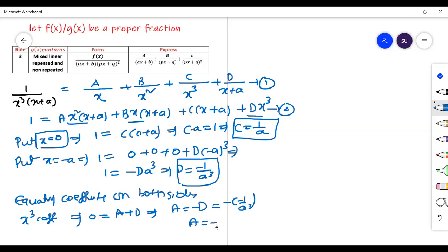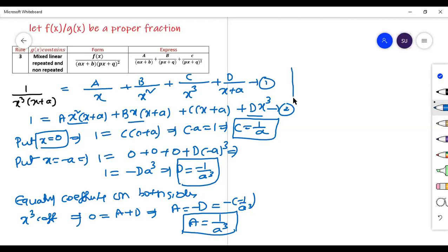Therefore A is equal to 1 by a cube. No minus, that is 1 by a cube. That is fine. A and D, and C are found. Again we need to find the value of